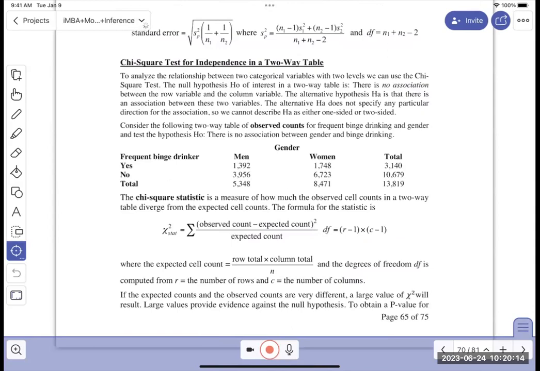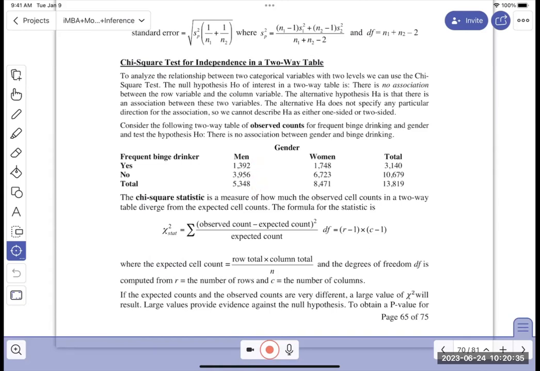What you really need to know about tests, if you're going to use software, is what is the null hypothesis? The null hypothesis is no association. So if you reject it, then there is an association. And then looking at your results, you say, so men, although fewer were interviewed, they are